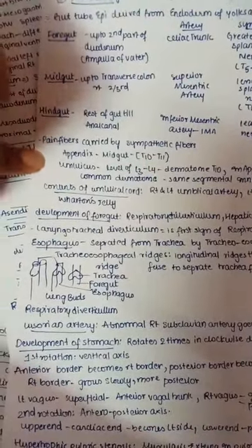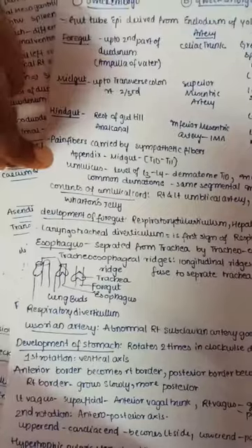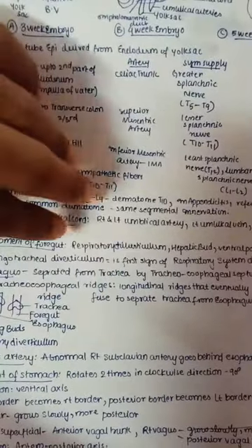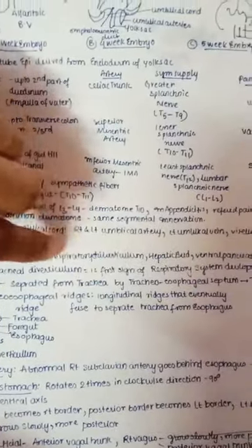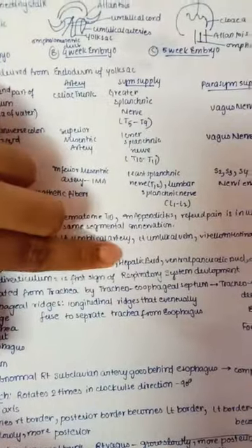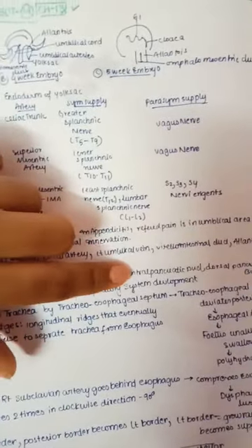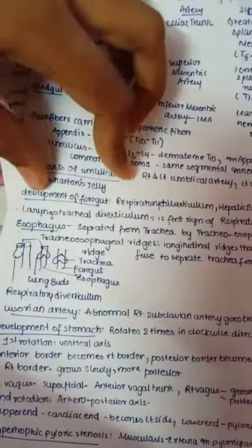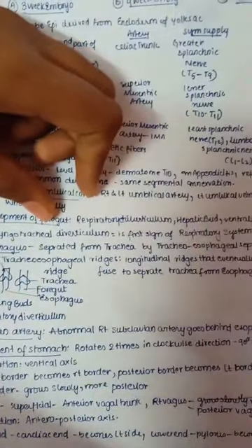Now let us see the development of foregut. Foregut gives rise to many diverticula, like the respiratory diverticulum, the hepatic bud, which forms the liver, and the ventral pancreatic bud and dorsal pancreatic bud, which together form the pancreas. The laryngotracheal diverticulum is the first sign of respiratory system development. So whenever we see the laryngotracheal diverticulum, we can confirm that the respiratory system is going to form in an embryo.